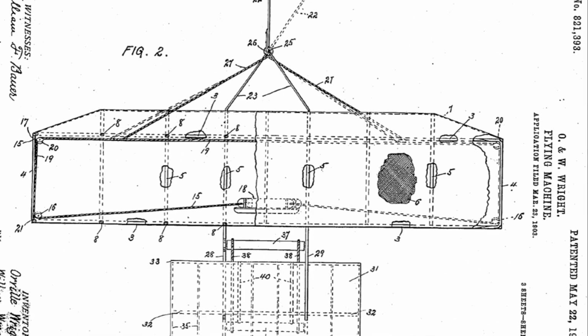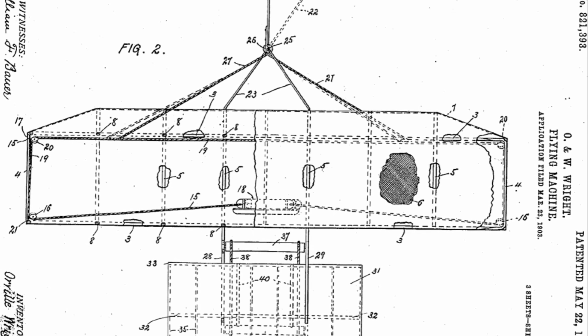Considering the structure so far as we have now described it, and assuming that the cradle 18 be moved to the